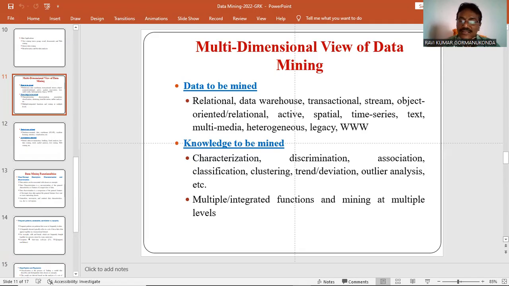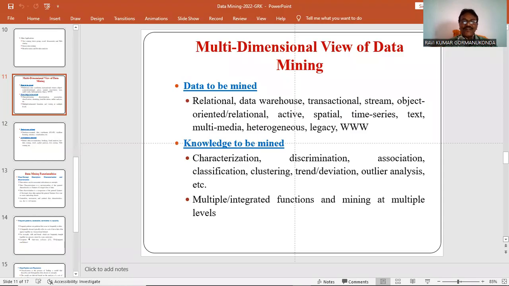Data mining works on diverse data types from different sources: relational databases, data warehouses, transactional data, stream data, object-oriented and object-relational data, spatial data, time series data, and multimedia data. That is why it is called a heterogeneous database.